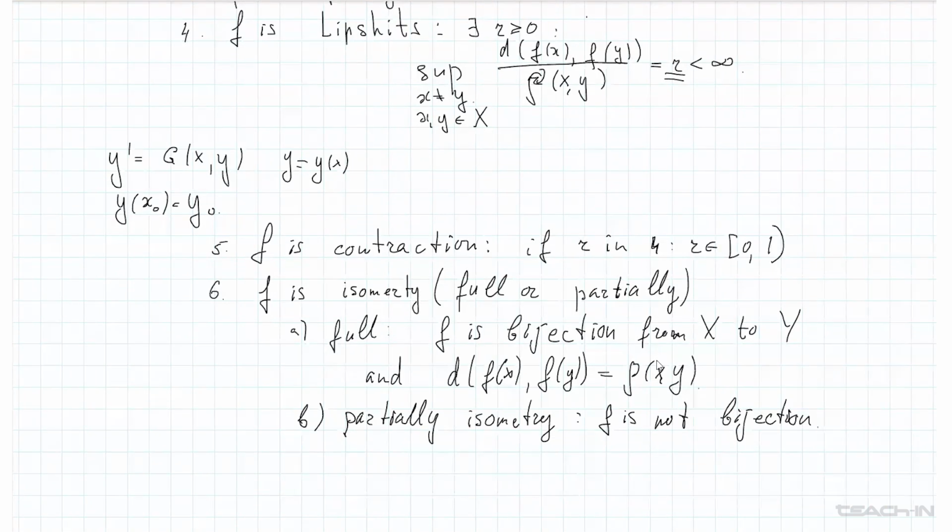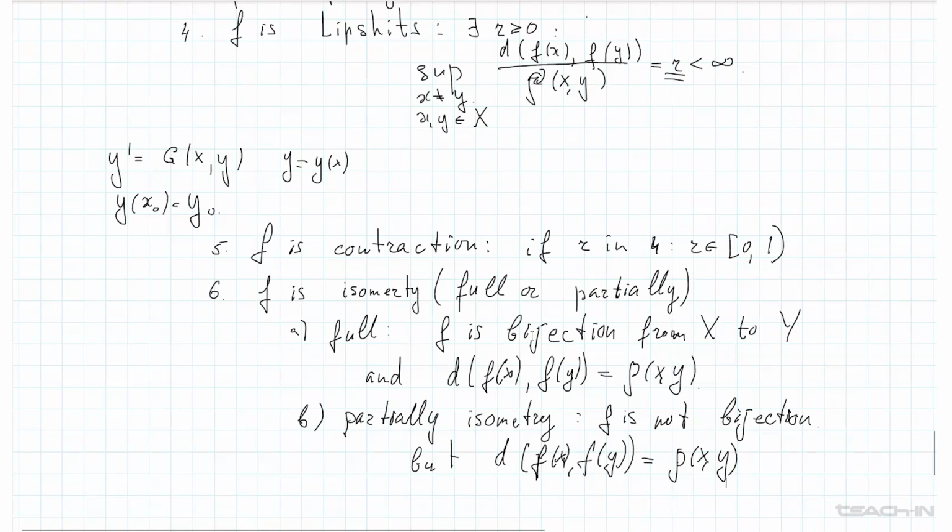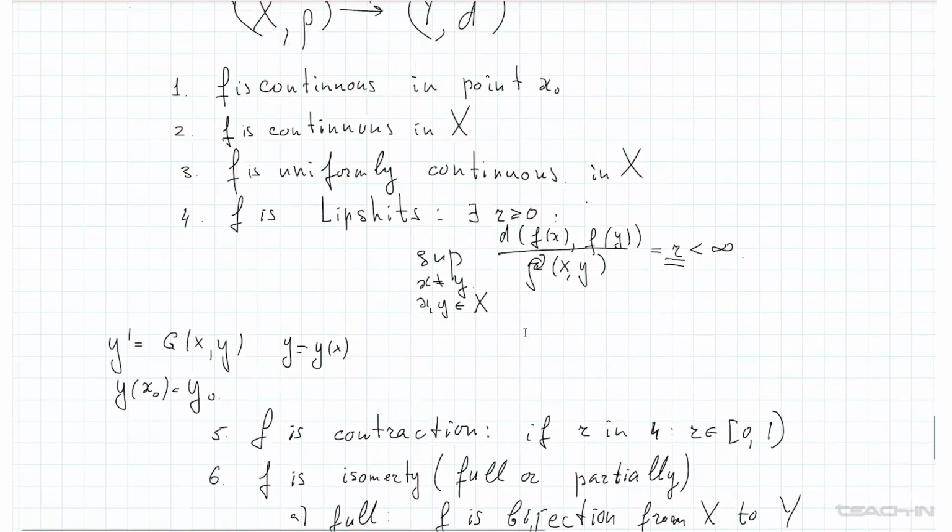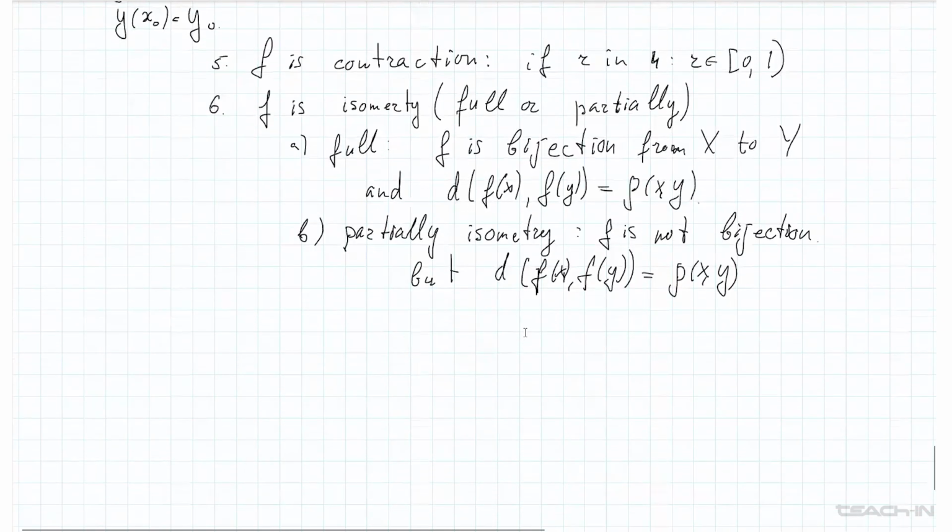But of course, we have that it preserves distances. With this property, any such map is an injection, of course, yes? But the range, or image, of F is not all of Y. So in this situation, we can call it a partial isometry. So these are the more important properties of maps which we continue to consider, and then some words about properties